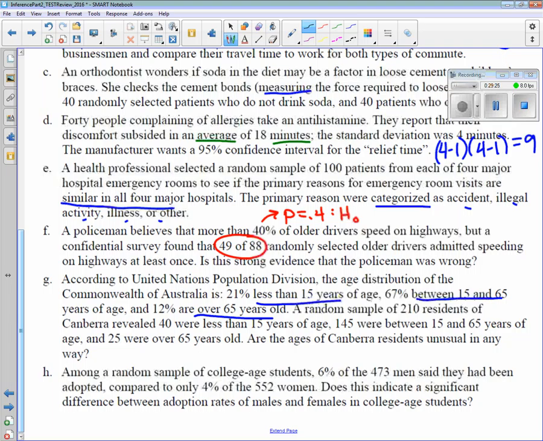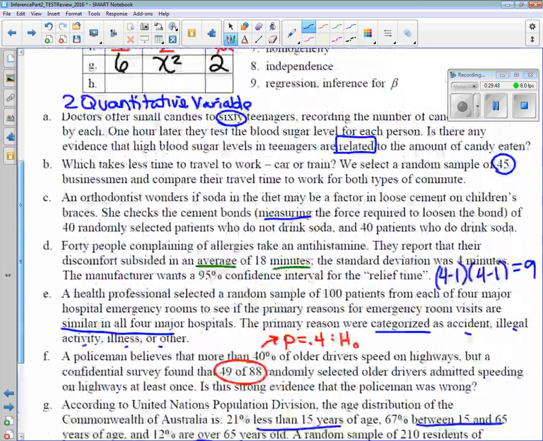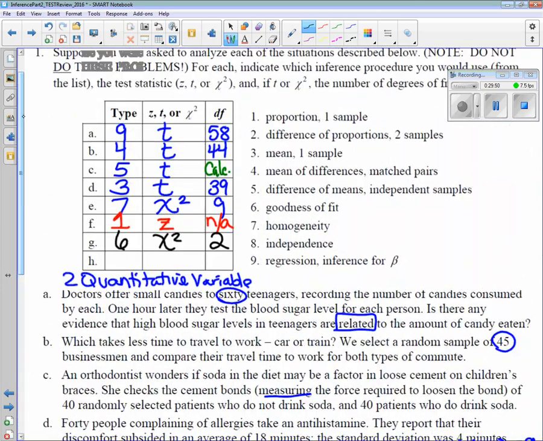You have percents, and I have how many groups? 2. So we're looking for the difference between men and women about whether or not they were adopted, right? So isn't that two independent samples? Difference of proportions, wouldn't you agree? So to me, that is 2. It's z's with no